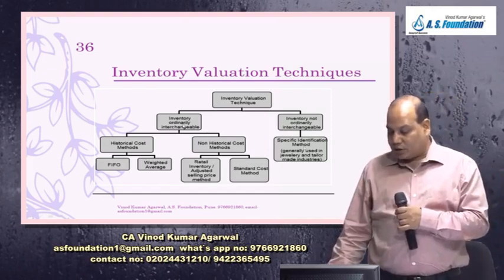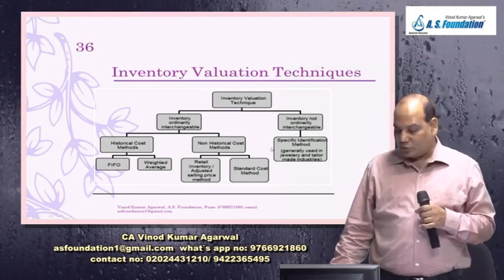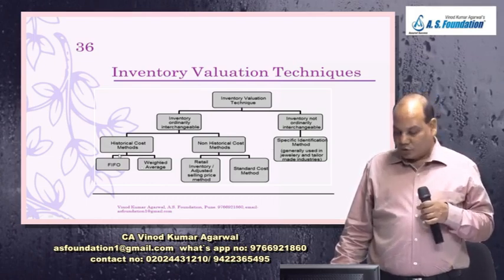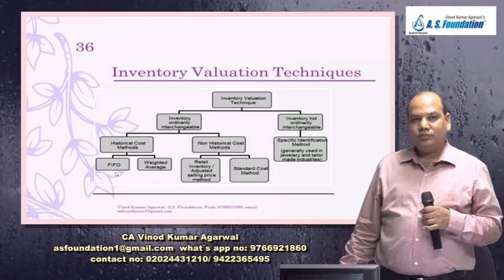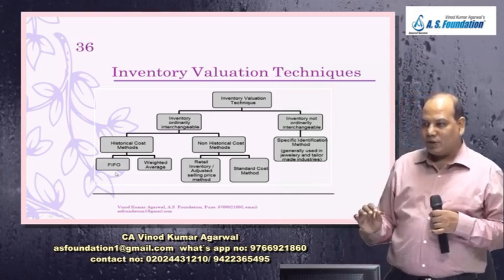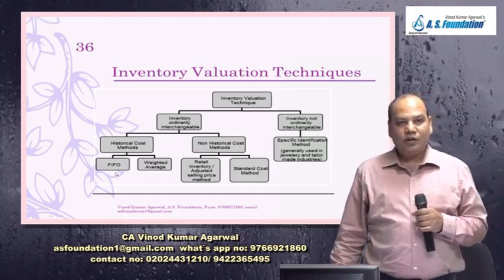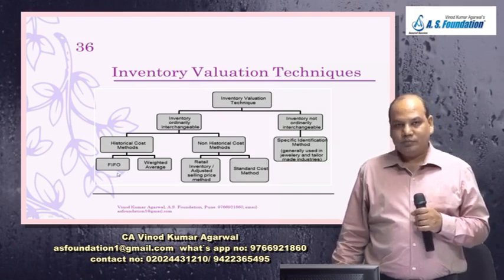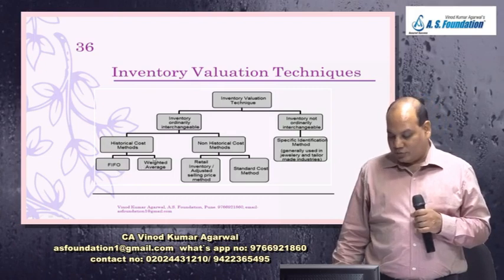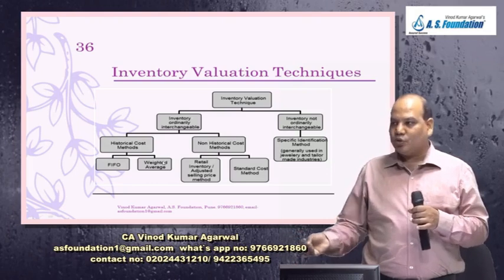But if the inventories are interchangeable, then again we have two methods: historical cost method, non-historical cost method. Historical cost method means it is based on actual cost that we have incurred. There is an invoice on which the cost is mentioned. There are two approaches allowed here, only two, FIFO and weighted average. So remember, LIFO is not allowed. LIFO is not allowed. If you have studied LIFO in your any other subject, it is good for that subject,